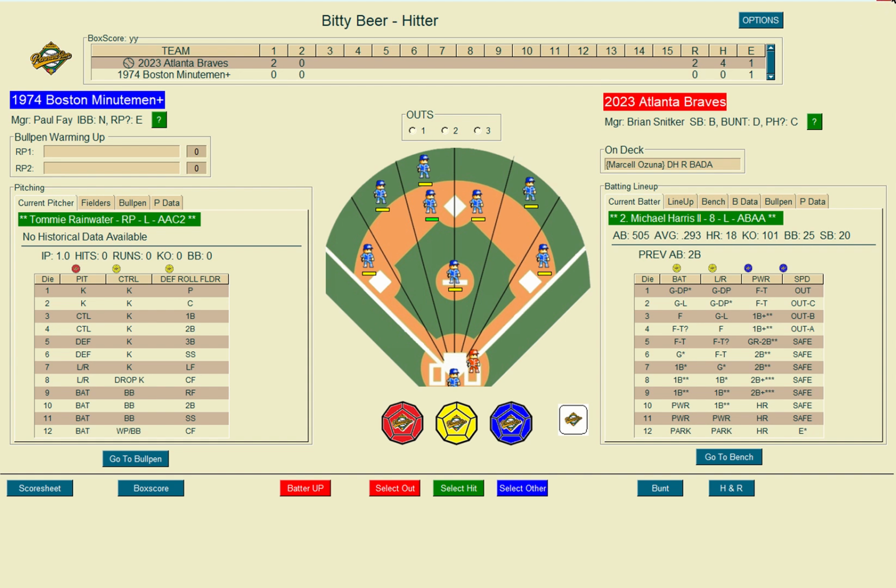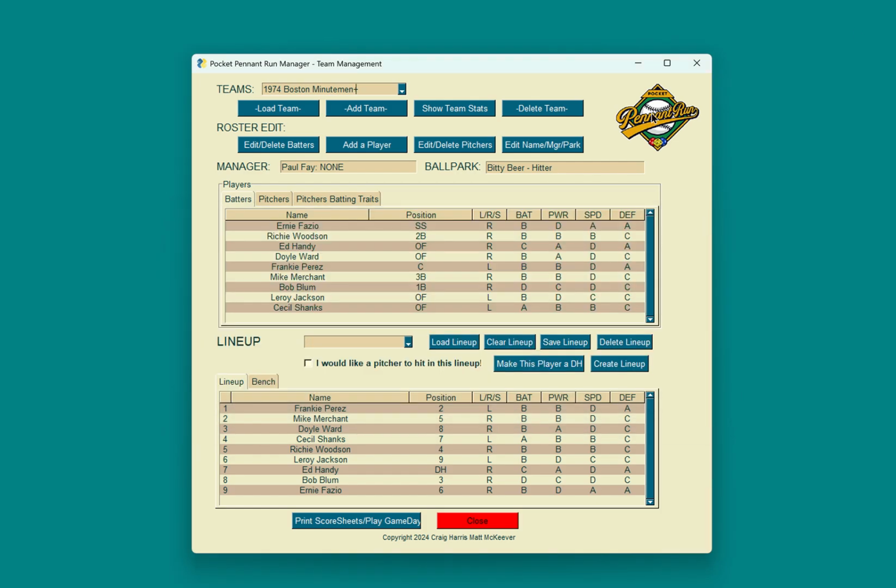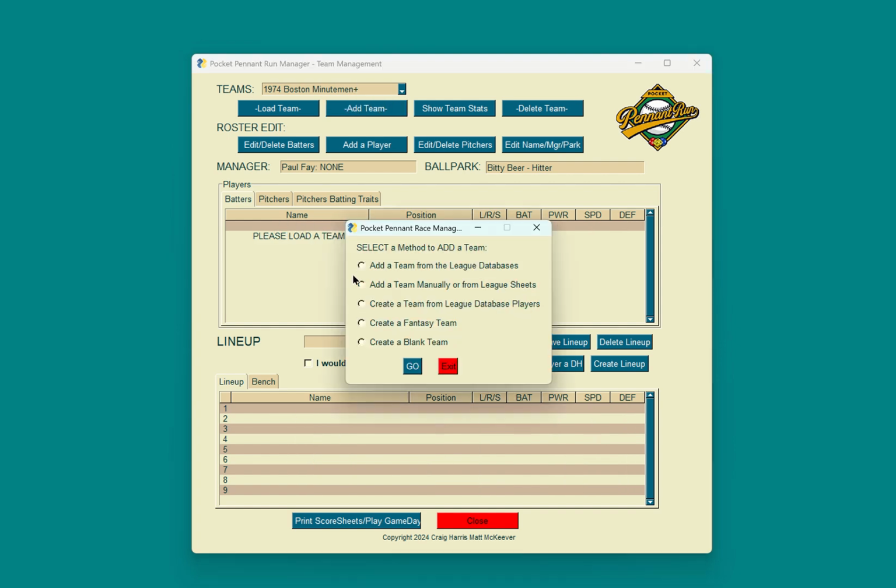Let me just close this, and I just want to show you a couple more things before we go. Close that, and close this. Oh, that's the other team. You can add a team. Oh, I know what I've remembered. Particularly for those people who have, like, the Cooperstown league, you can create a team from league database players. So I have one